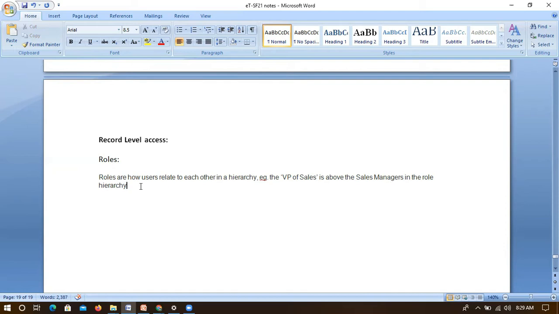Likewise, if we go to developers, we have solution architect, and below solution architect we'll have business analyst, and then below business analyst we'll have developers, developer 1, 2, 3. These developer 1, 2, 3 are on the same level.